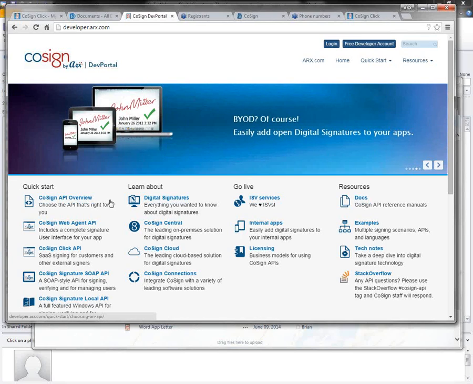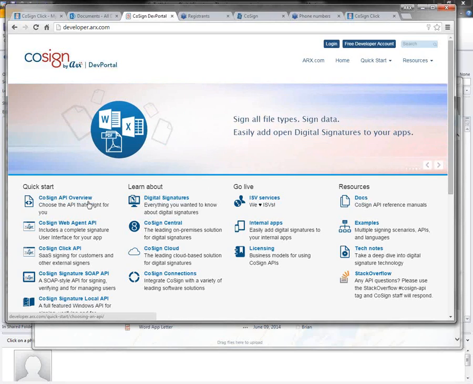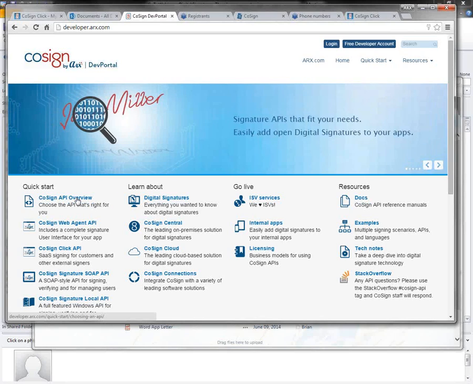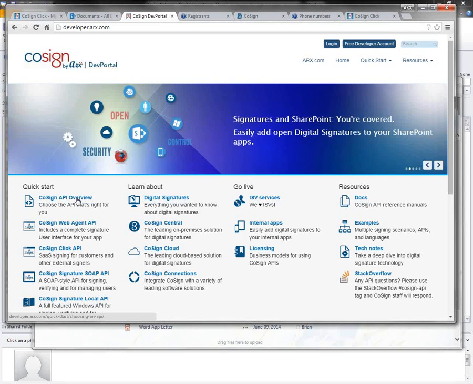The ARX team can assist with any of that through either a professional services engagement or simply through web sessions, or we can provide sample code as needed as customers are looking to integrate Cosign with anything that was developed internally.